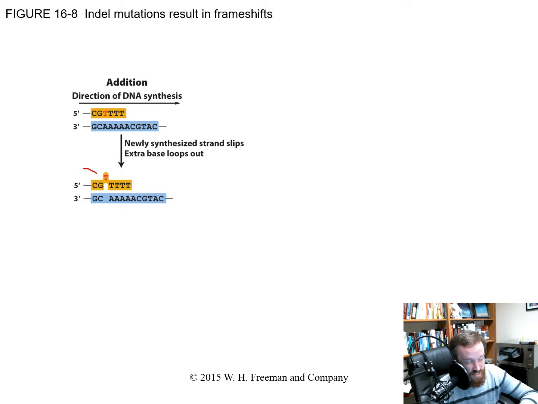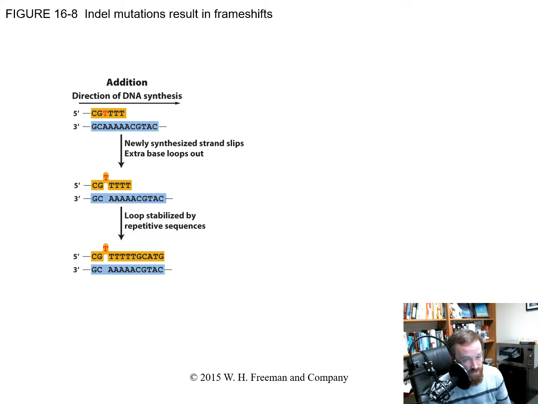And so this T gets pushed off into a bubble. Because there are still more complementary bases, these newly synthesized T's are allowed to still match up properly. The result of these ATs still being paired together holds this bubble in place, right? And then that strand finishes, and as you can see, the newly synthesized strand has this additional T